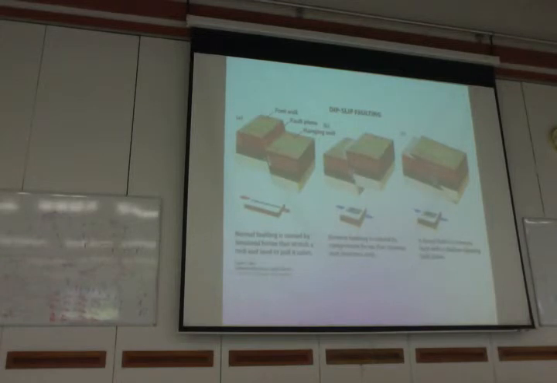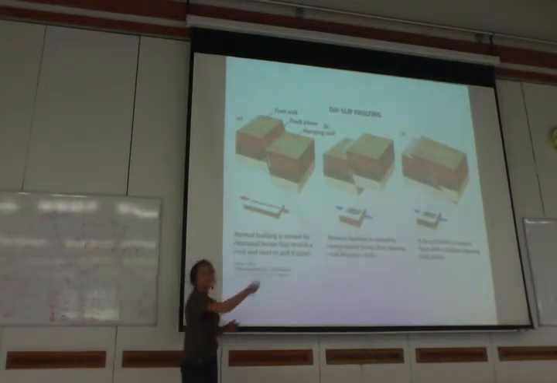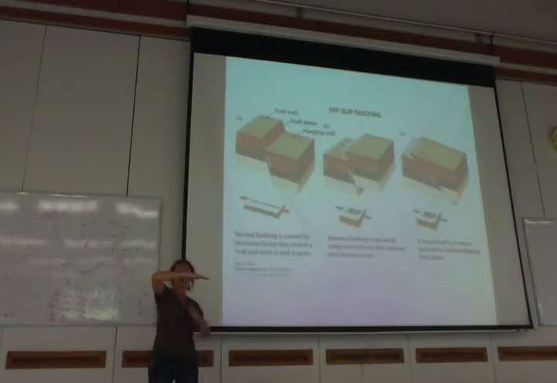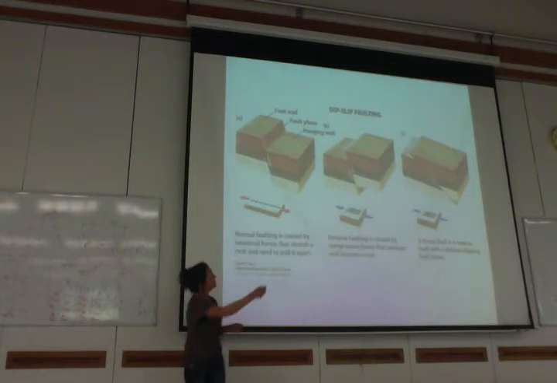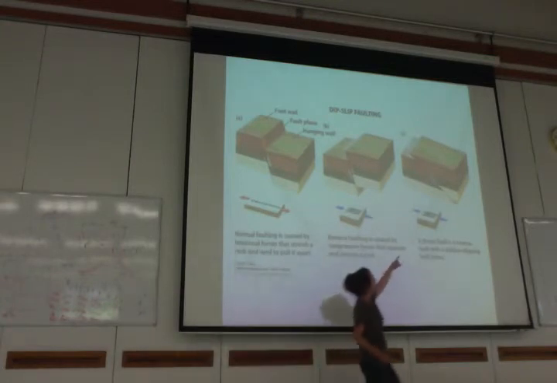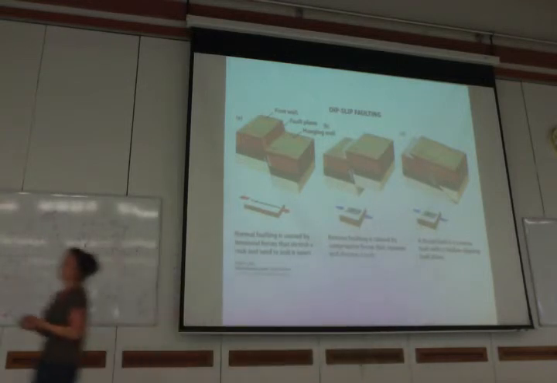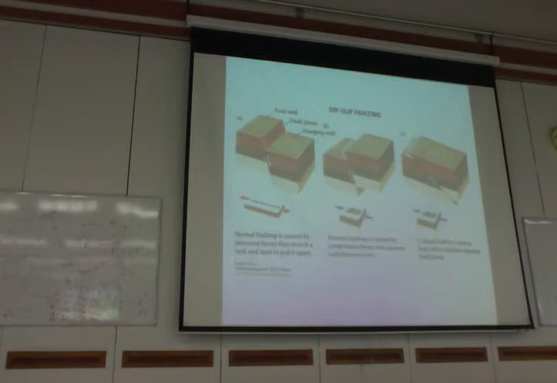So this is just a summary. If the angle of the fault plane, so the dip angle, so imagine the horizontal, and imagine your dipping fault plane, and the angle between there, we call it the dip. So the dip of the fault plane. If it's less than 45 degrees, if it's a reverse fault with an angle less than 45 degrees, we call it a thrust fault. And we separate these out just because they indicate very high pressures in compressional mountain ranges